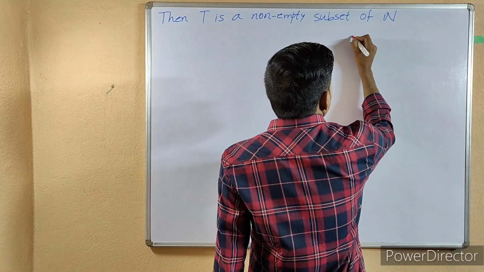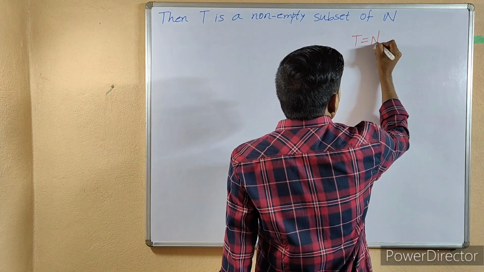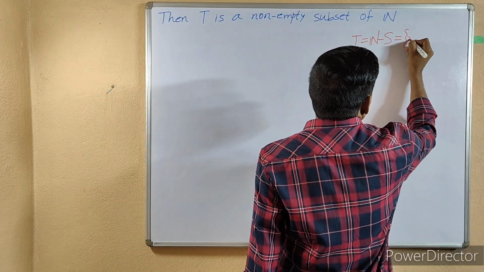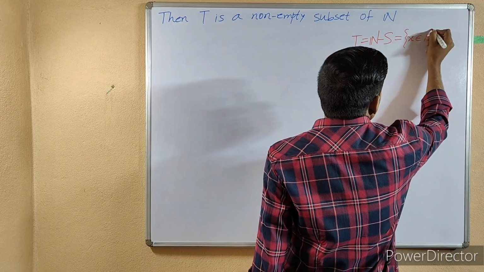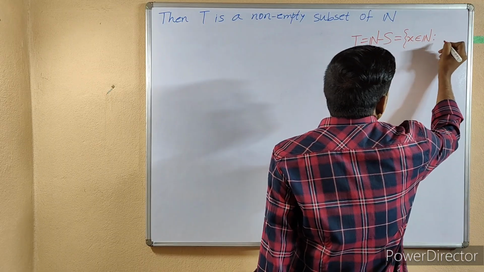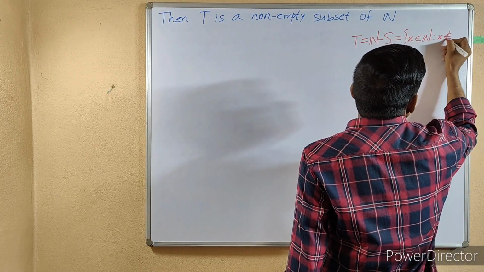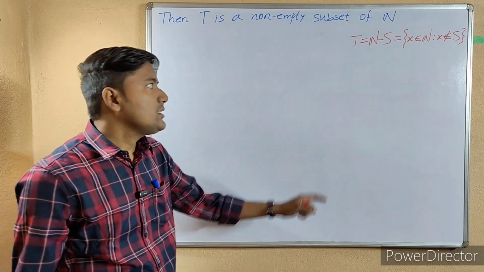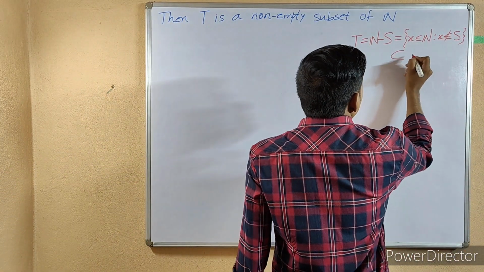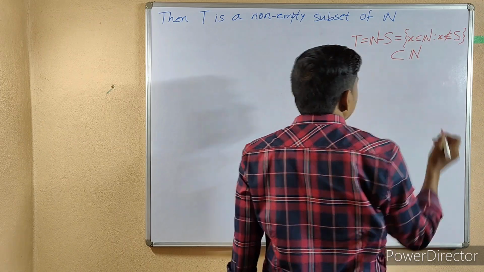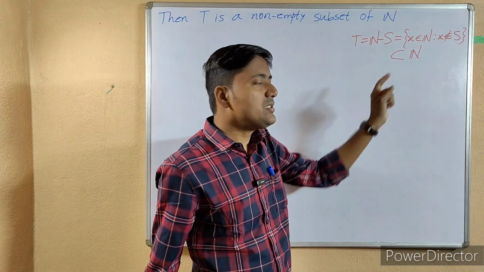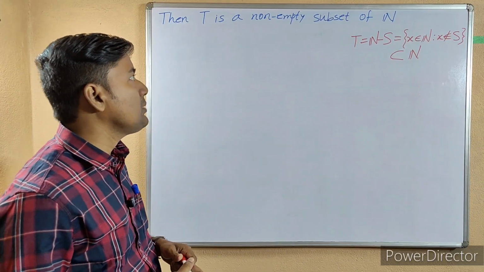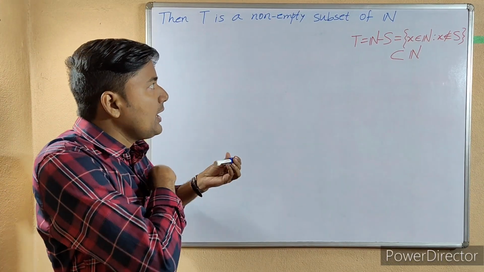Because T equal to N minus S, and this is equal to the set of all x belongs to N such that x does not belong to S, and this is clearly a subset of N. So T is a non-empty subset of N, and hence